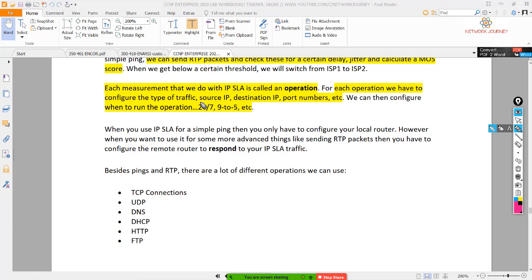We can set this 24 by 7. We can set 9 to 5. So it's an operation that we are going to do. We are going to set on what is the type of traffic, what is the source, what is the destination, what is the port number, and then we are going to run the operation. Do you need it for a day? Do you need it for a lifetime? We have all these options in IP SLA,